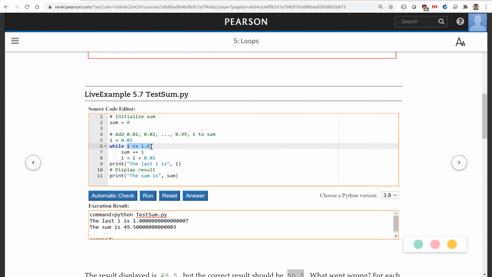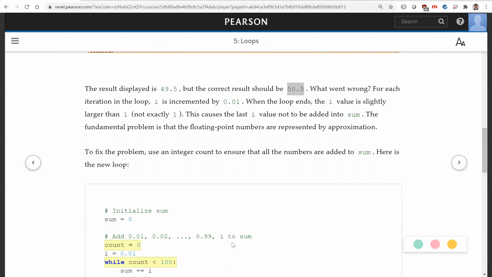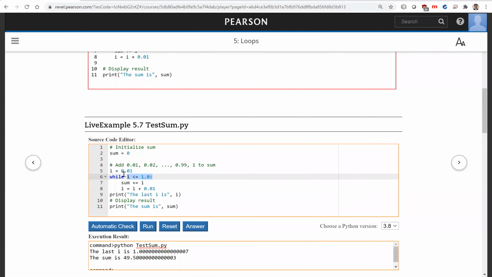So when you write a program, pay attention to this kind of situation when you have a condition involving comparing floating point values. What I'm going to do now is rewrite the code, instead of using floating point numbers in this condition, I'm going to use a count. So I'm going to use this for loop